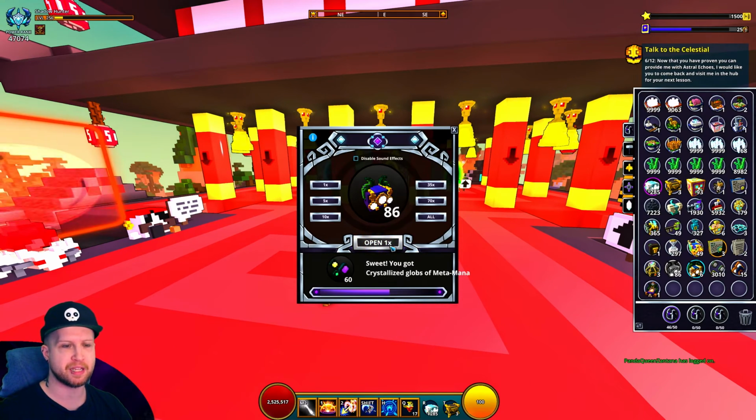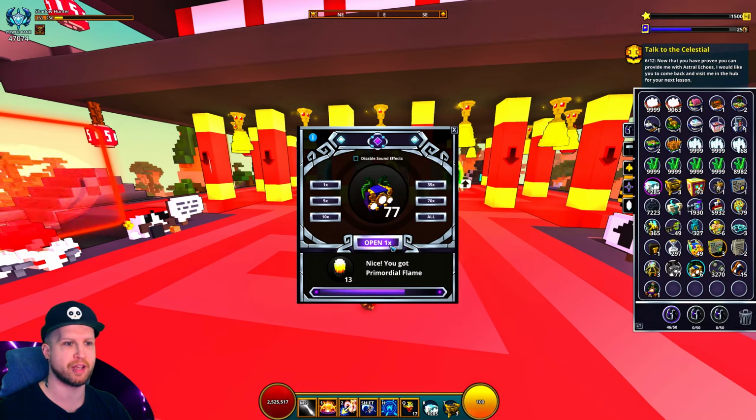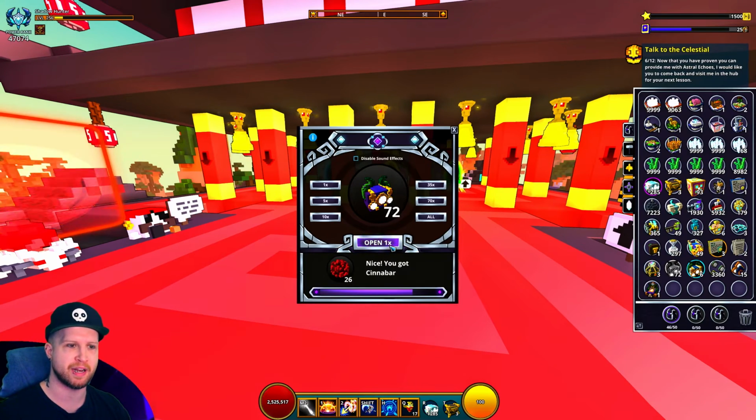I will end up hopping into the hub after we unbox all of this stuff, so that we can see and figure out for ourselves how much the game is expecting you to spend on these boxes. Because the problem is, we're not getting any of these boxes as drops,